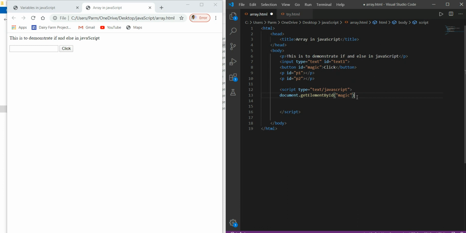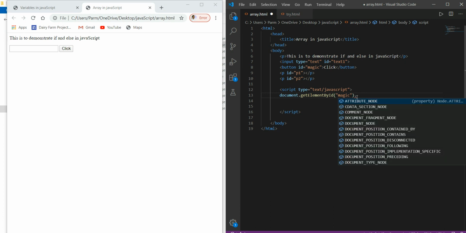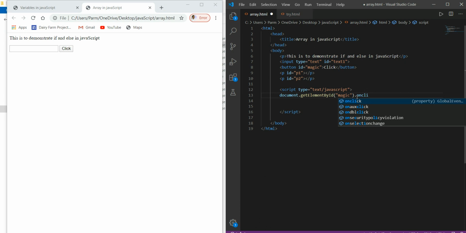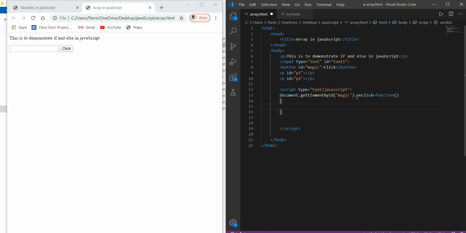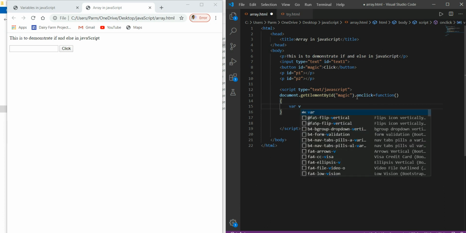Then here we will write the event, that is onclick, equal to function, and this is the way of declaring a function. And here we write the body of this function. Here we'll declare a variable, and we will give the name to the variable as value